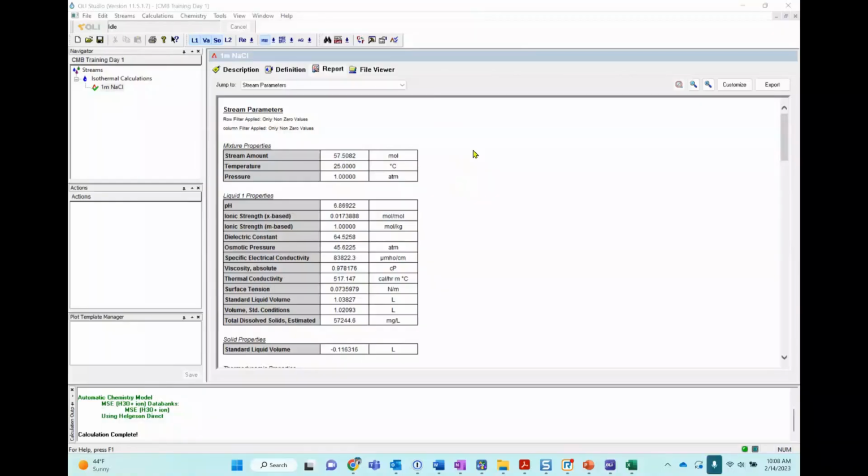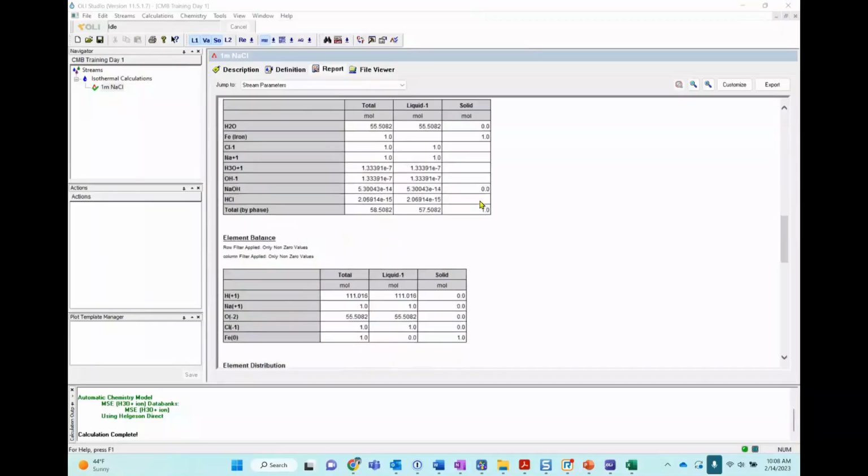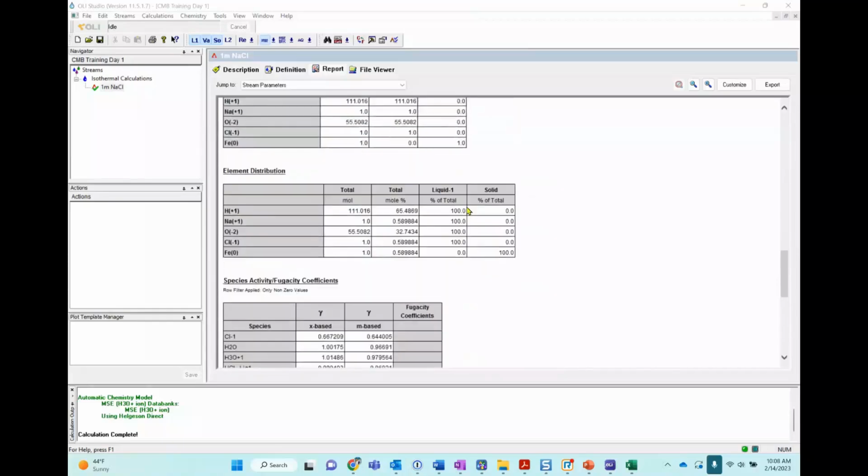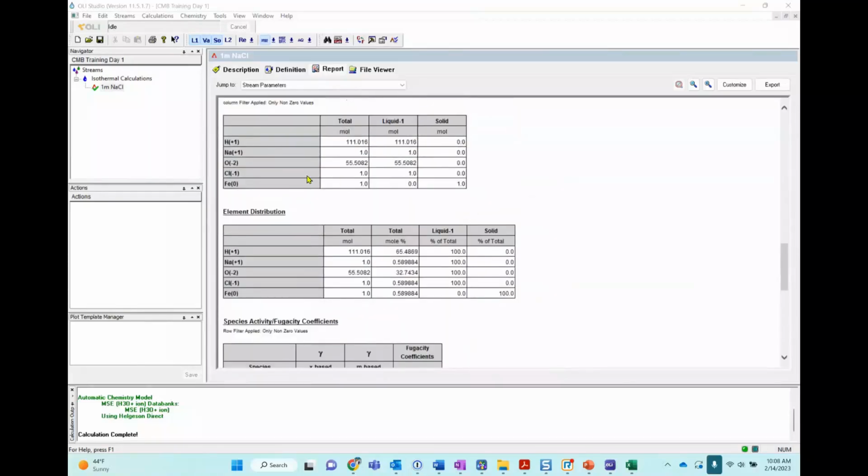I accidentally muted myself. Okay, so we were talking about simple isothermal calculation, and we saw the different oxidation states that the system was taking into account when doing calculations. And we put 1 mole of elemental iron in sodium chloride. We realized that there were no changes in the oxidation states. How do we incorporate them is what we are going to learn next.